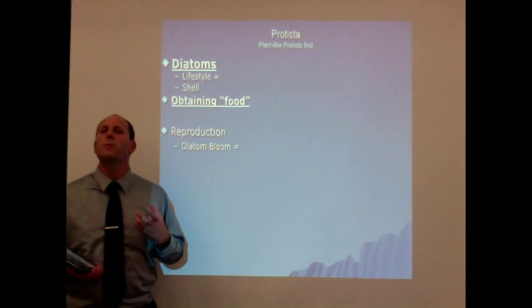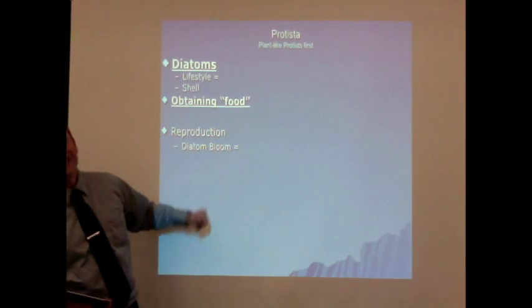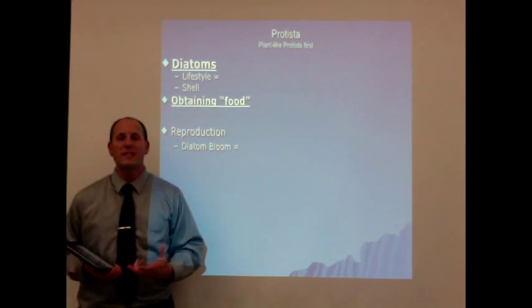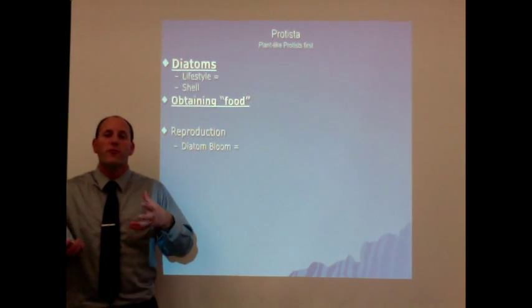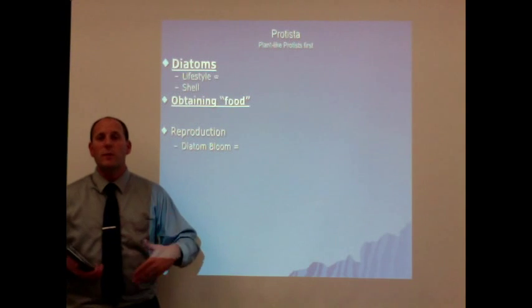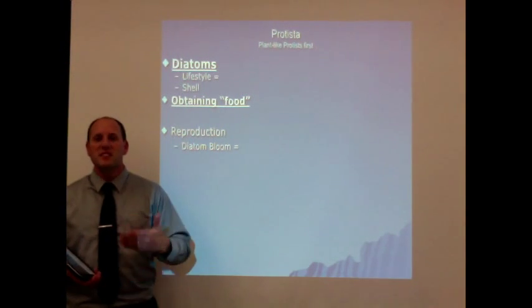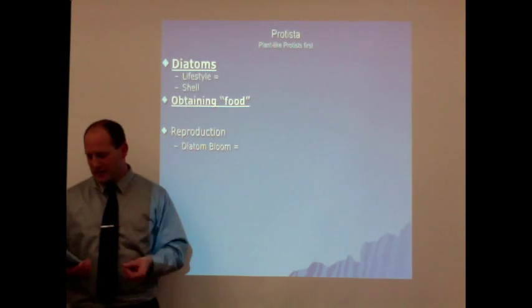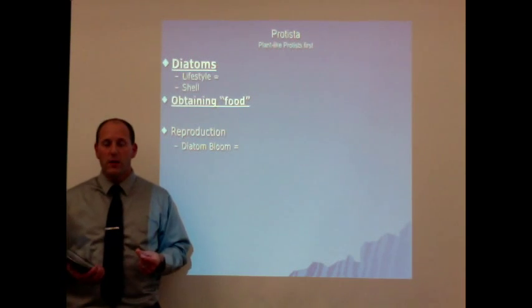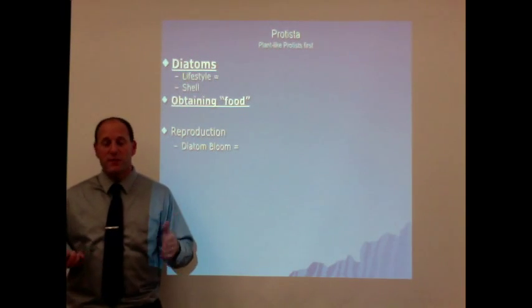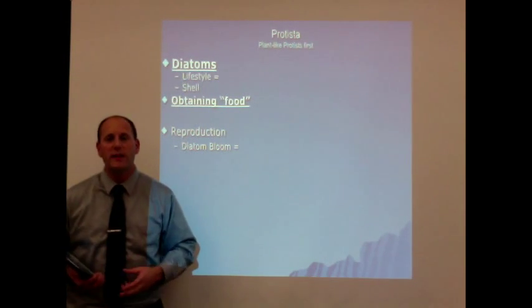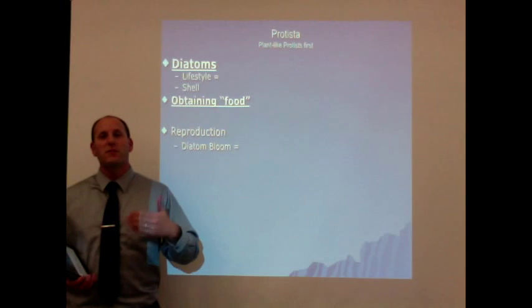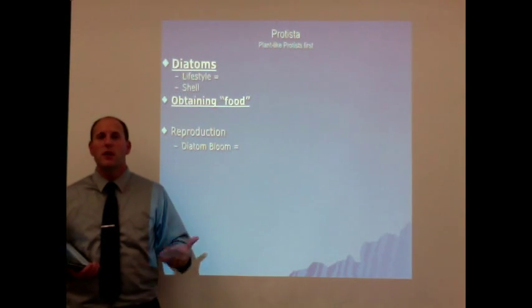When that happens, they reproduce rapidly. We call that a diatom bloom. When there's a diatom bloom, they're reproducing so rapidly that oftentimes they don't reach their full size. And as they're reproducing, they're depleting the silica from the water. So we have a significant depletion, and over a relatively short amount of time, as they get really high in number very quickly, not enough silica is left in the water for them to continue to reproduce, and so they